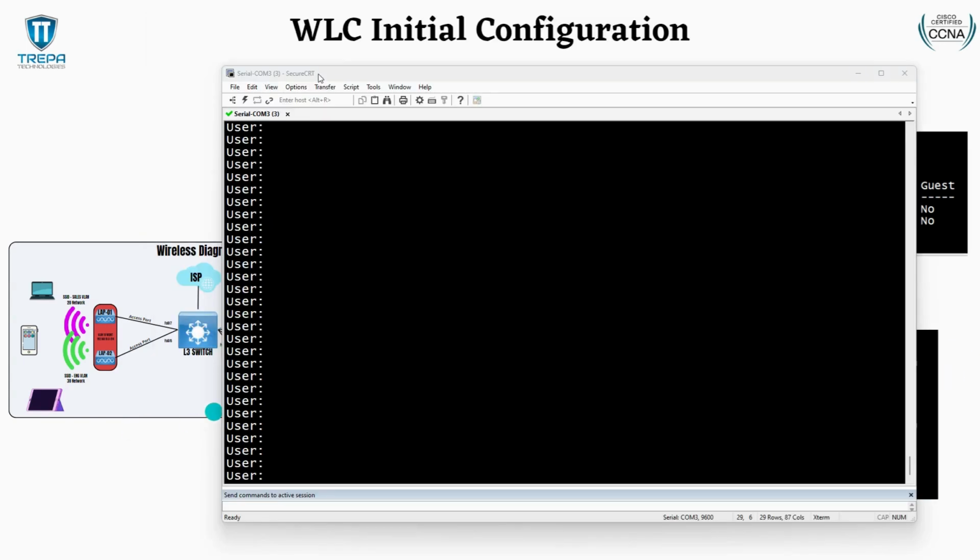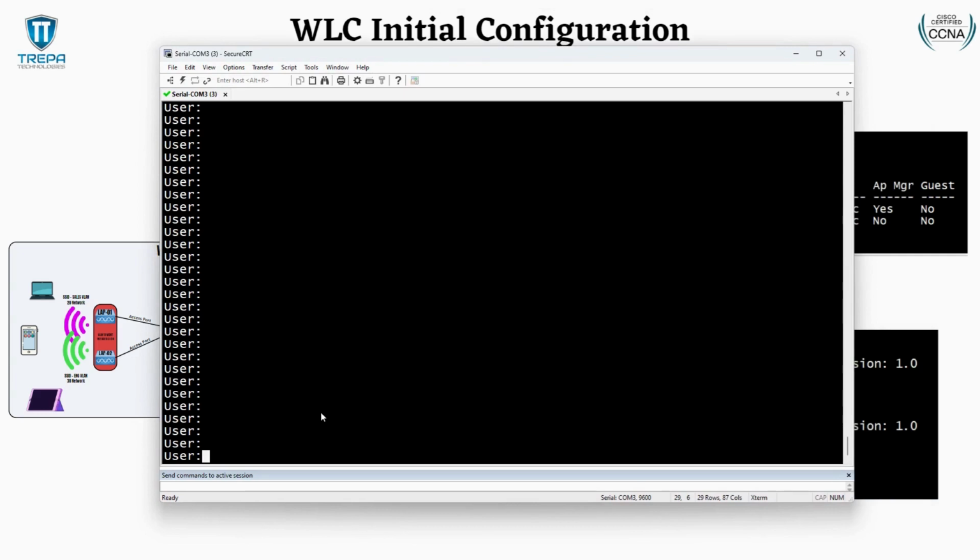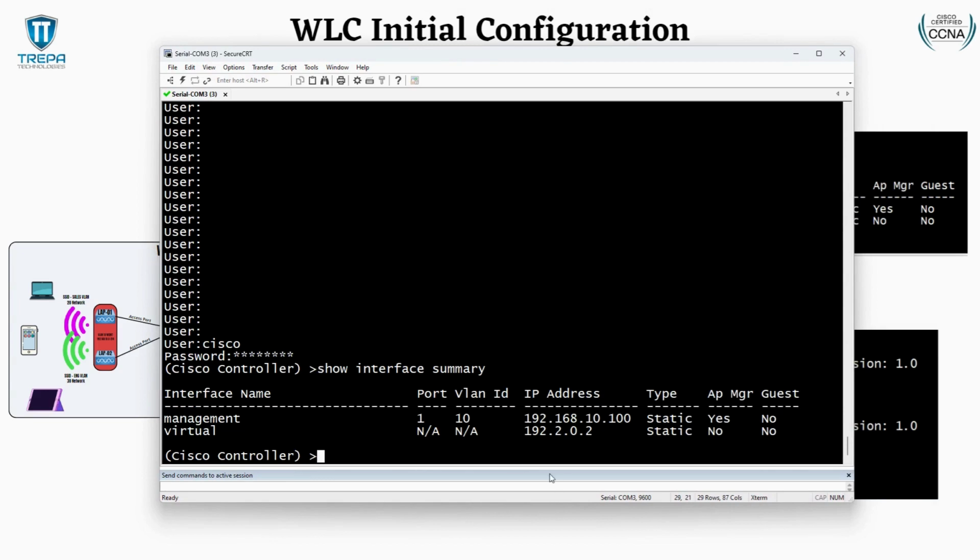Okay, so now that the wireless LAN controller has restarted, we're at our login screen here. And now we just have to log in just like we would on a regular IOS device. And from here, we do have some commands we can run, like show interface summary. But now the real purpose of getting this initial configuration done via CLI is so that we can access it via the GUI. And I wanted to go over something, guys, that I'm going to have to edit out in my previous videos. That for this